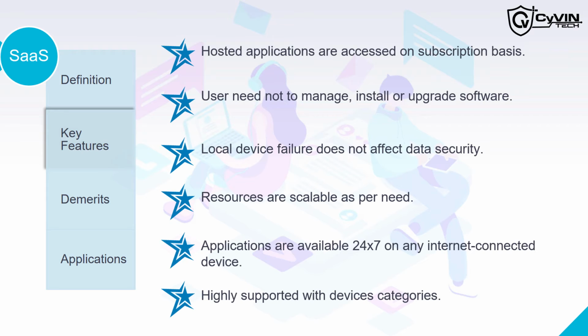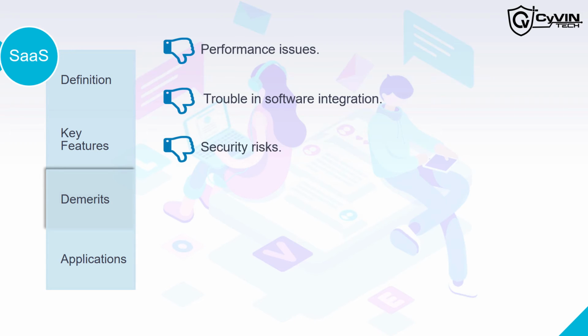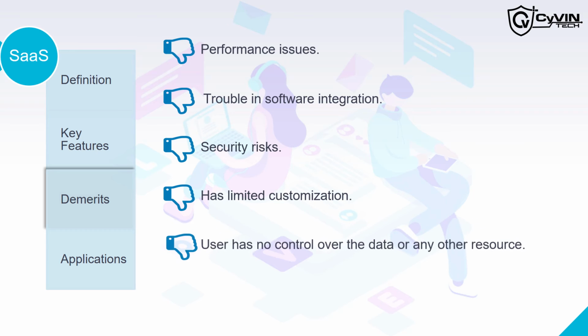Users can face a performance issue in the form of latency, as data travels twice from device to cloud and vice versa. While integrating the services with other services or with a local service, it could be an overhead. Security risks are always present as it includes two-way communication and a number of attack vectors are present. Unlike IaaS and PaaS, SaaS has the least control over the underlying resources, which also results in limited customizability. The user has no control over the data and cannot access it if not connected to the internet. The user does not know where his or her data is stored.